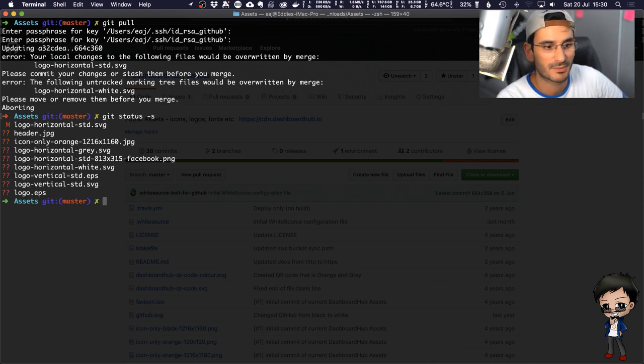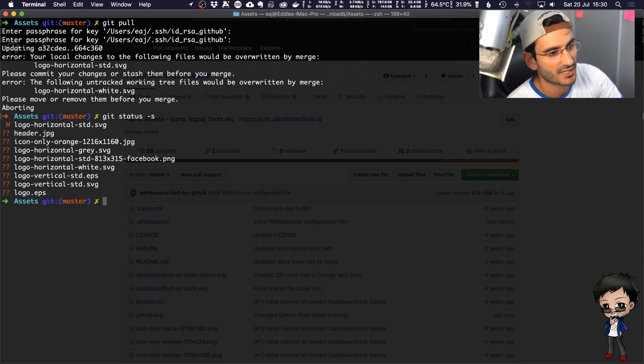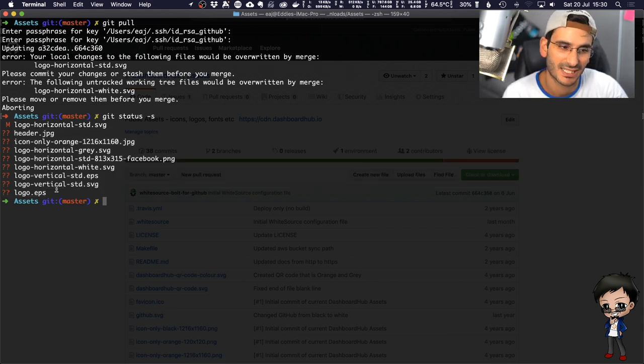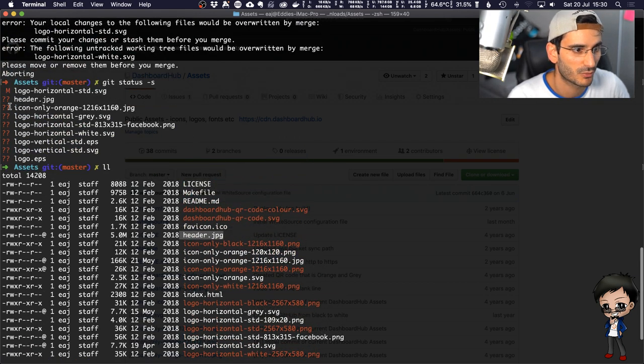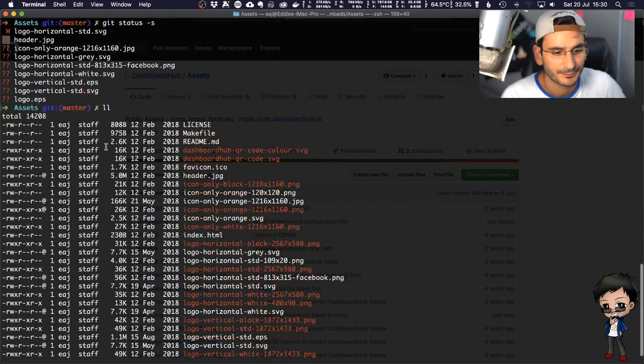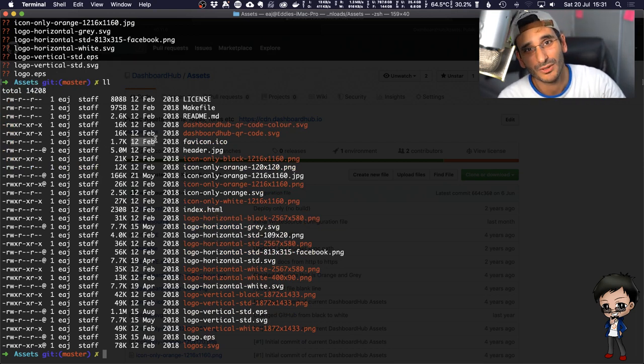Cool, thanks for confirming it's better. Great to hear. So I did a git status and I'm like, oh, I've got all these files. I've got one file that's been modified, which is the logo horizontal standard. And I've got all these files underneath that are untracked by Git. And I thought, wait a second, how long ago did I do this? So I listed the files. And I picked one, for example the header JPEG, which was a new file because it's got the 2 question marks. And I did it on the 12th of February. I really have no idea what I was doing last week, let alone the 12th of February.